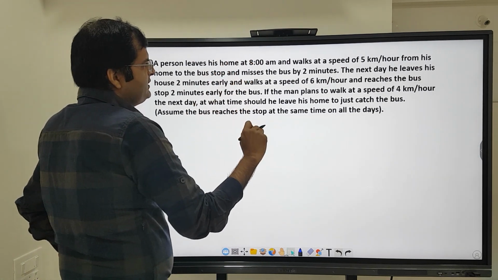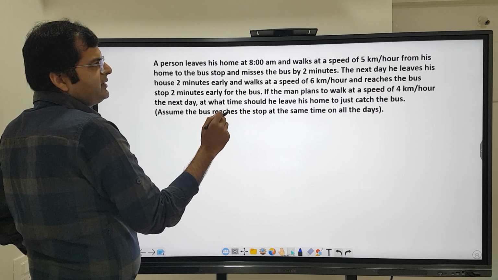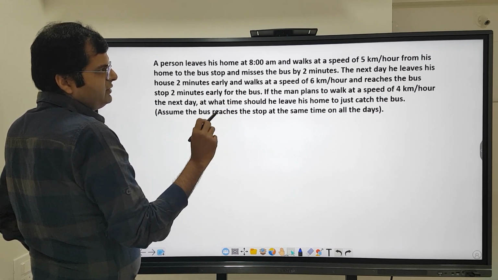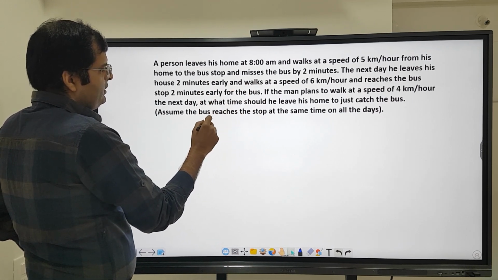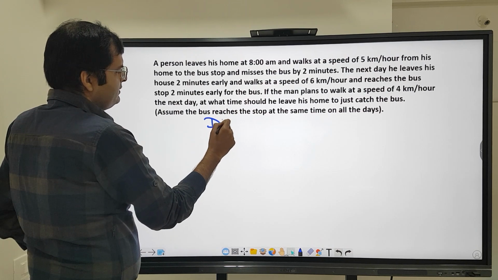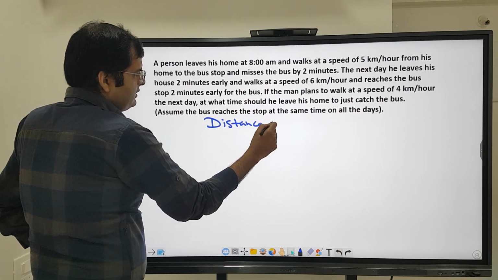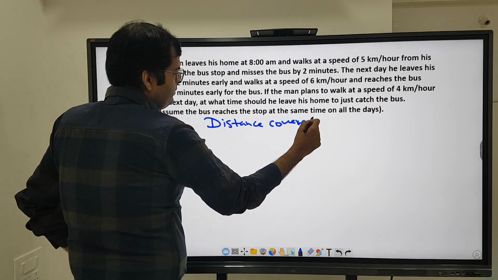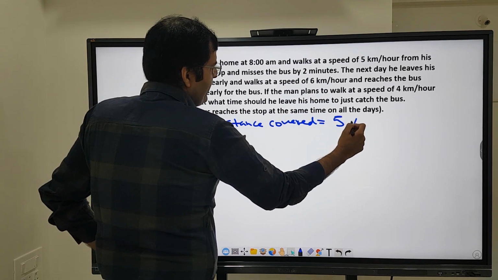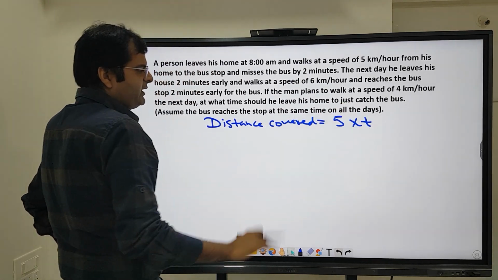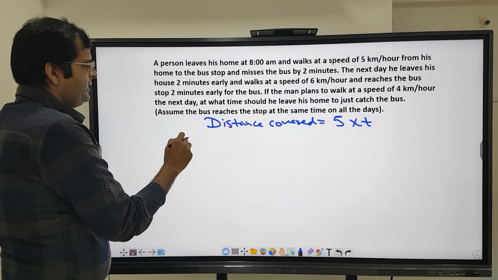Suppose the first day the man is taking t hours to reach the stop. So the distance covered by the man from his home to the stop is 5 into t. T is in hours right now. Now the next day, the